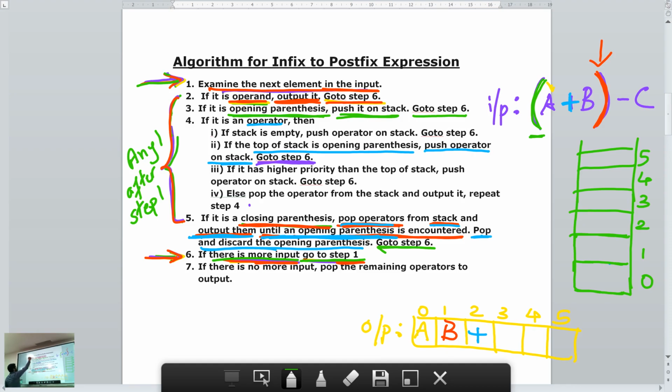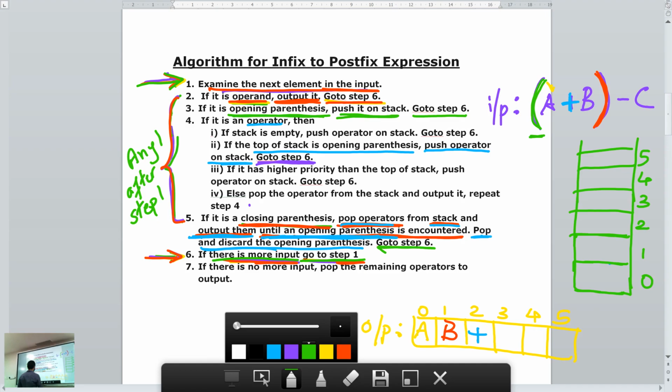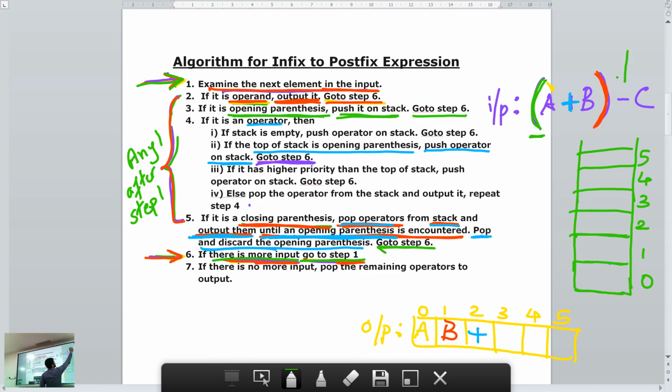So when you go to step 1, you will scan the next input. Which is the next input element? Next input element is minus. Okay. So again we can perform one of these 4 steps. Which is the step for the operator? The step for the operator is step 4.